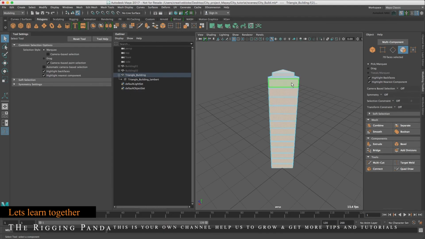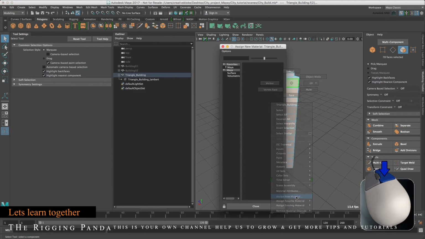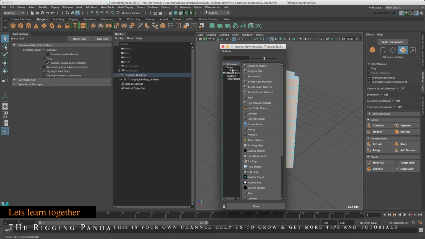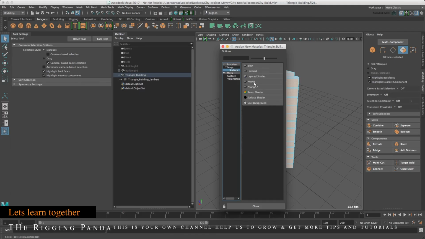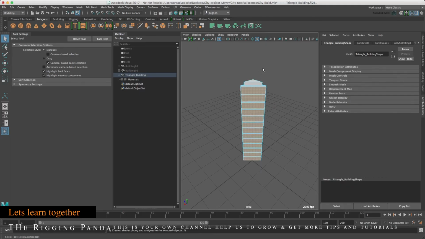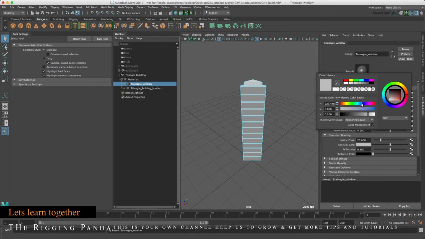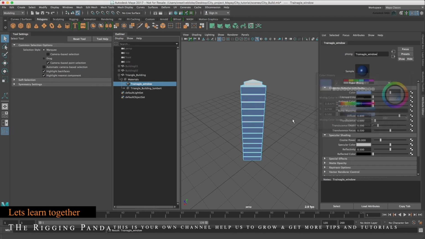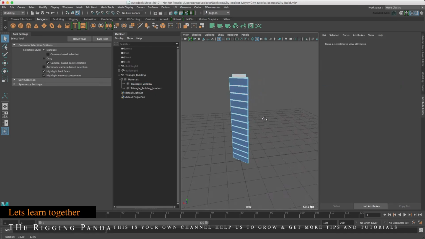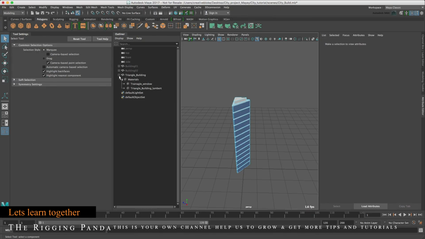And as before, let's just make a new material, assign new material. And this time we're going to have another Phong for the specular materials, and the materials Phong 2, there we go. And we're just going to call this triangle window. Let's choose a darker blue. Shift it over a bit, that's great. So we can now just hide this